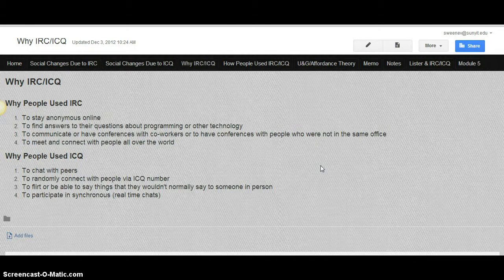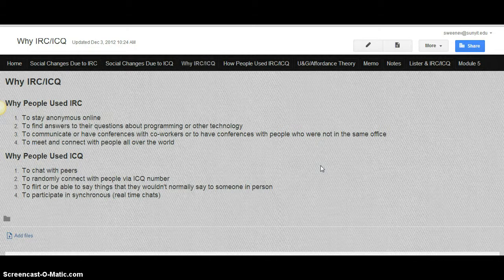Skype today is used widely for telecommuters, people who don't live near their office, or people who work from home but still need to communicate either by text, by phone, or by video with their coworkers or boss,